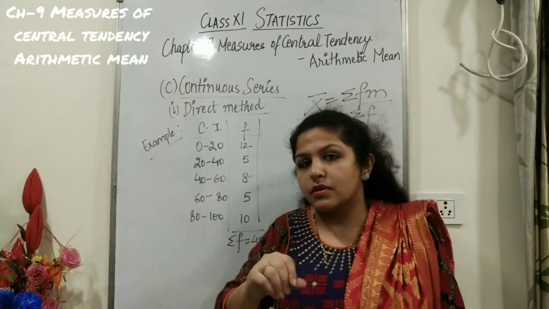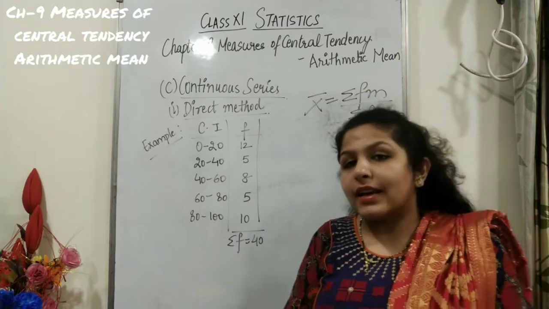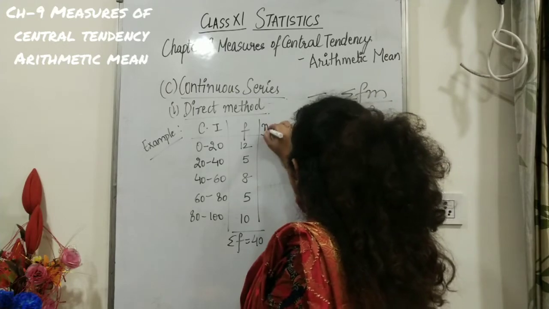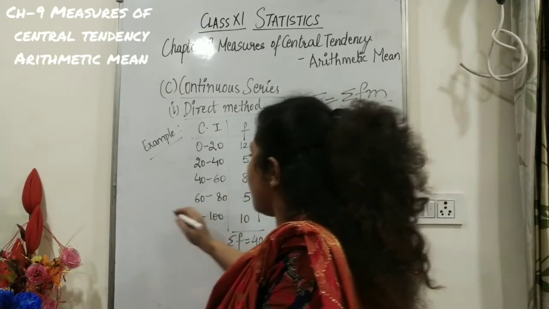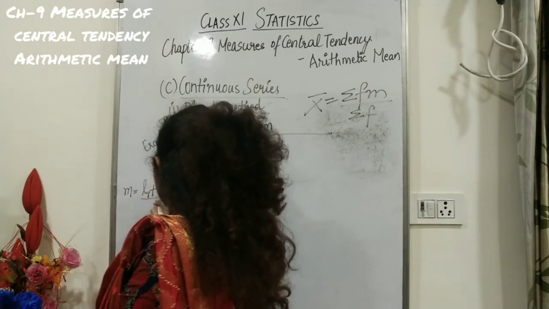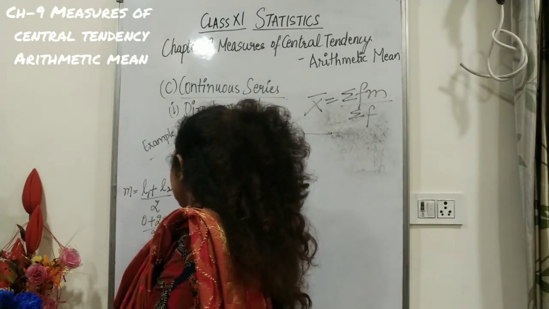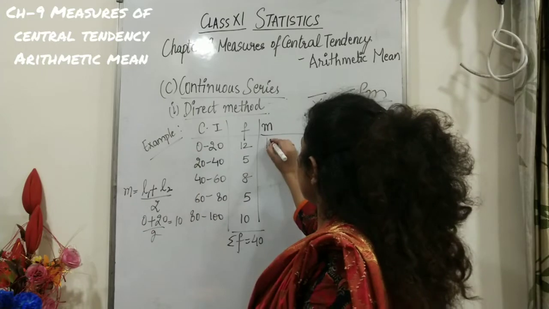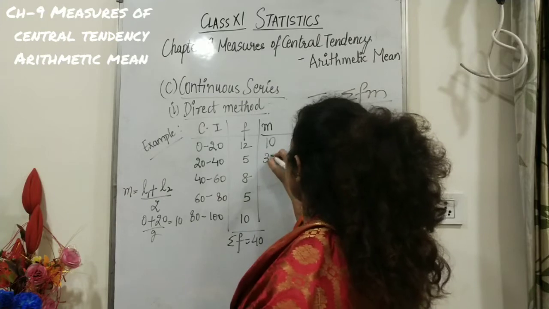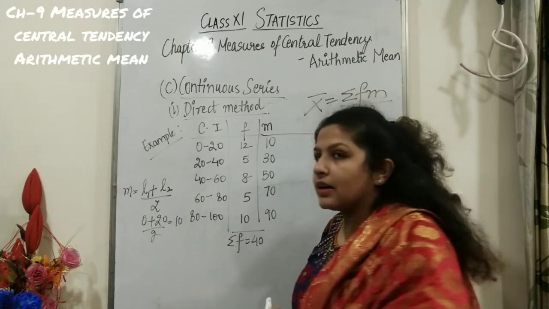First thing you need to know is that class intervals are given here. We don't have a use for class intervals; we cannot calculate the mean using class intervals. So the very first thing you need to calculate is the mid value. The formula for mid value is lower limit plus upper limit divided by 2. So here the lower limit is 0, plus 20, upon 2. That means 10. Again 20 plus 40, 60 divided by 2, 30. Now we know the gap is 20, so you can take 50, 70 and 90. These are the mid values.